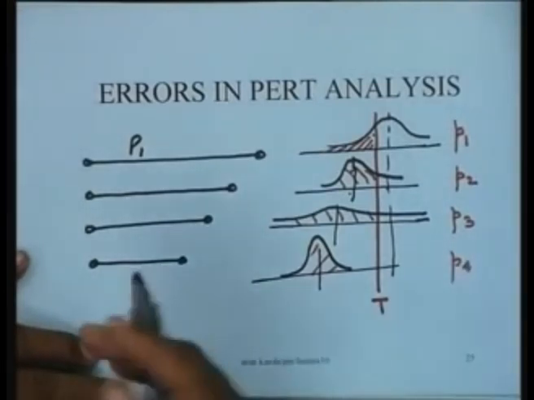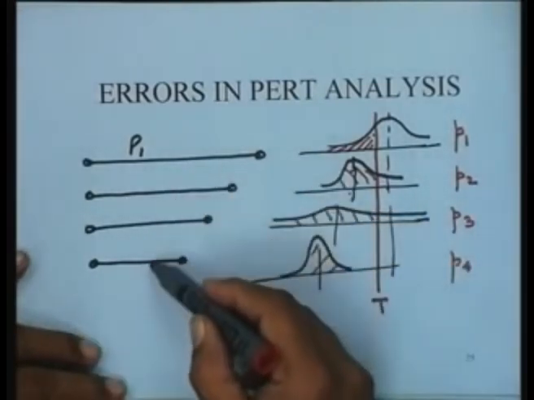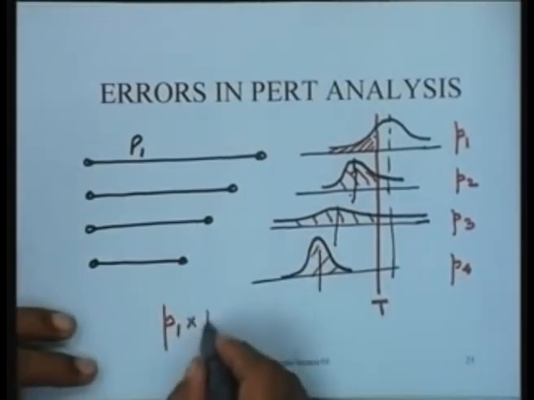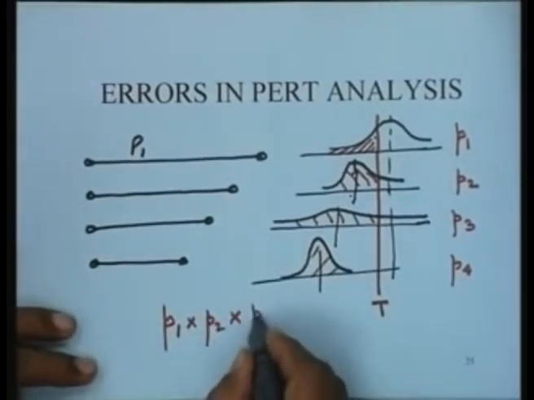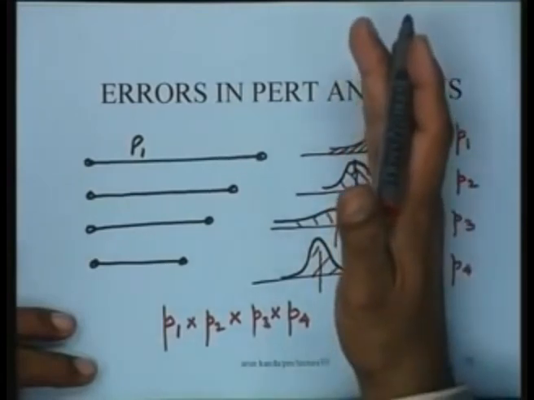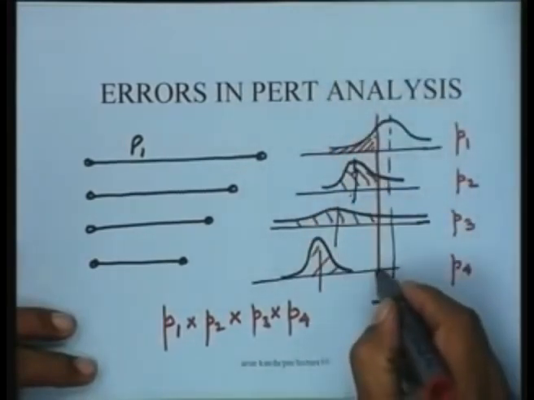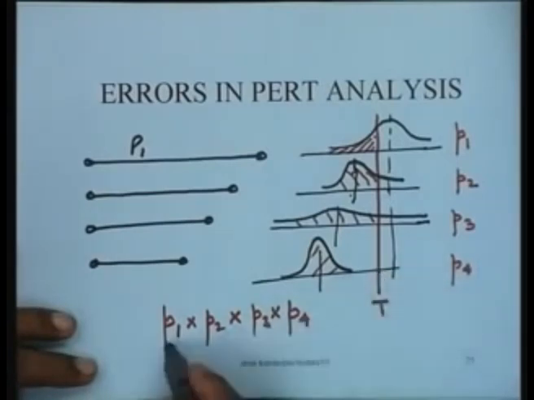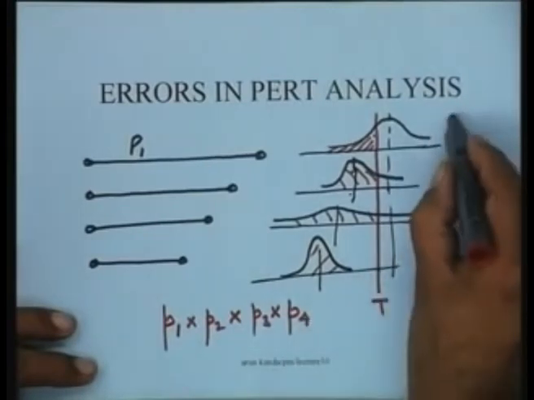If we assume to begin with that all these paths are independent, then the total probability is going to be P1 times P2 times P3 times P4. And since the probabilities are less than 1, this is the probability that all these paths are of length less than or equal to t. That means the probability that the project duration is t or less is given by this probability, not by this probability,